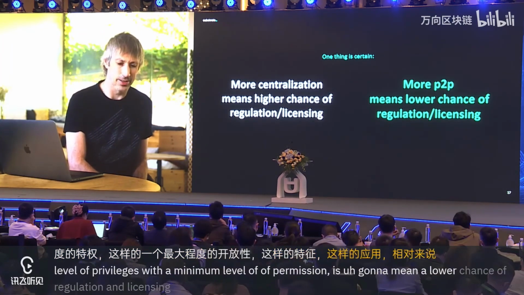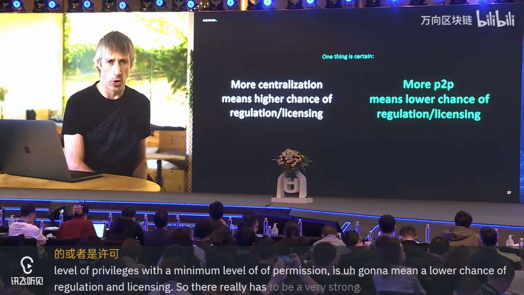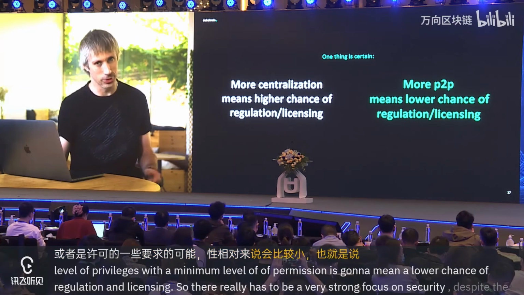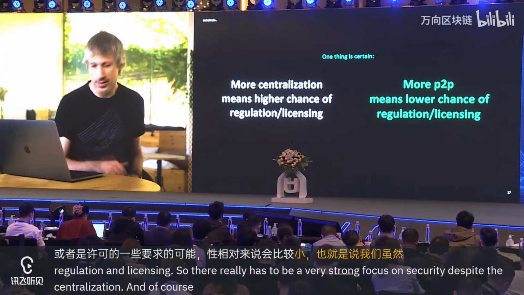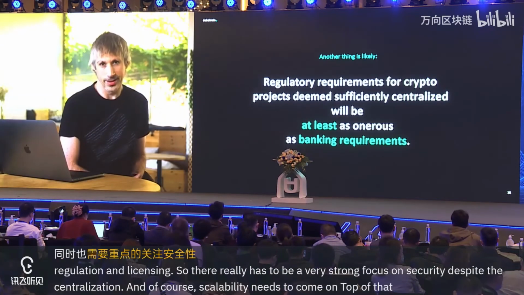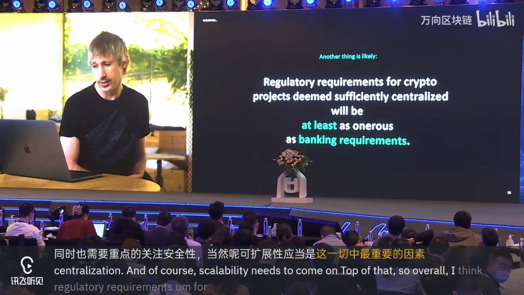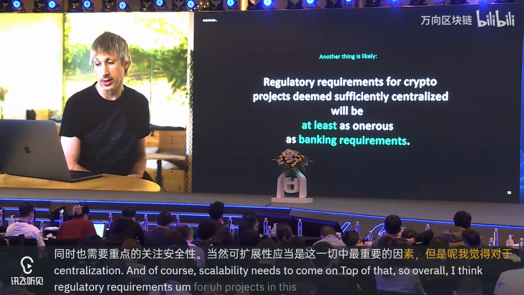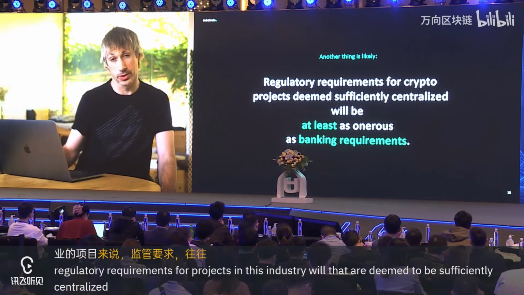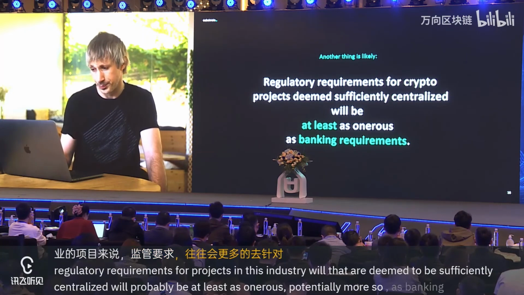So there really has to be a very strong focus on security despite decentralization. And of course, scalability needs to come on top of that. So overall, I think regulatory requirements for projects in this industry that are deemed to be sufficiently centralized will probably be at least as onerous, potentially more so, as banking requirements.